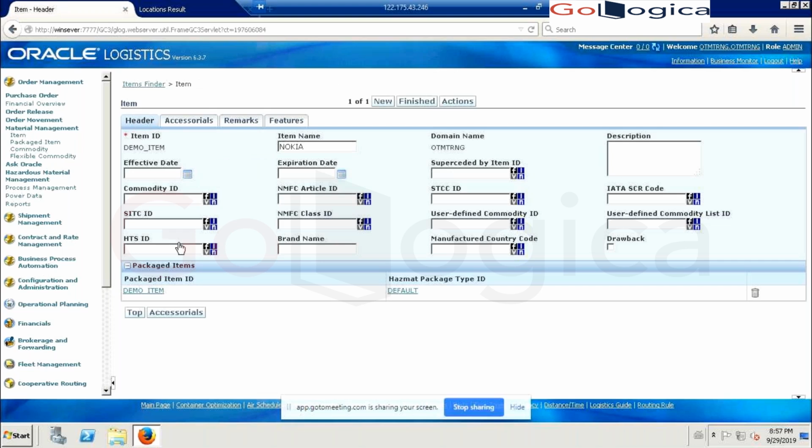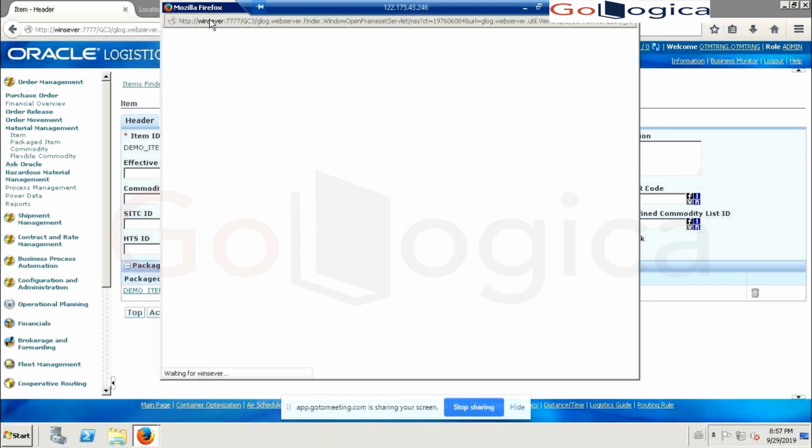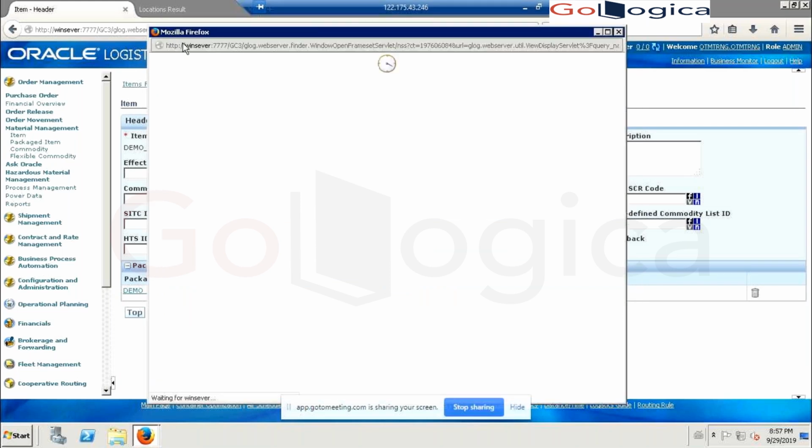Yeah, so we have created it, and now the package item is automatically created. Now what I'm doing is updating this package item with the weight and volume.